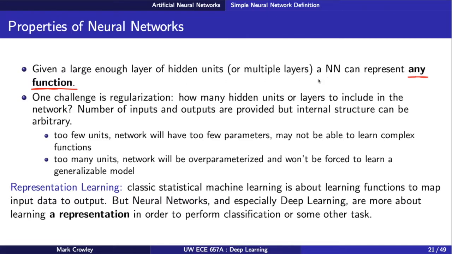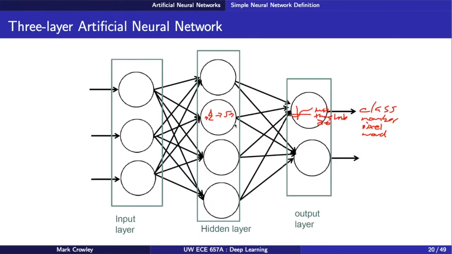That's a powerful statement, and that's why people got excited about neural networks in the 70s and 80s when the idea first started. Like, oh, you could do anything with this because you've got enough parameters that you can basically come up with all these different patterns and overlap them. So it's just like a Fourier transform. You can represent any signal with a combination of sine waves weighted properly, right? So this is essentially the same thing: as long as you define these functions and find the right weights for it, you can represent any